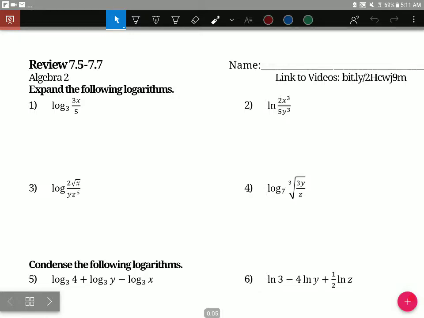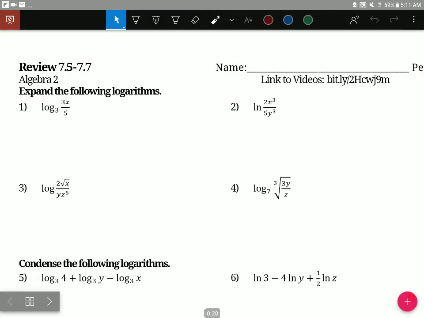This is review 7.5 to 7.7. This is all about logarithms and that sort of thing. So, first things first, logarithms and exponentials to an extent. The first two sections are expanding and condensing logarithms. All right, so the things to remember about this are